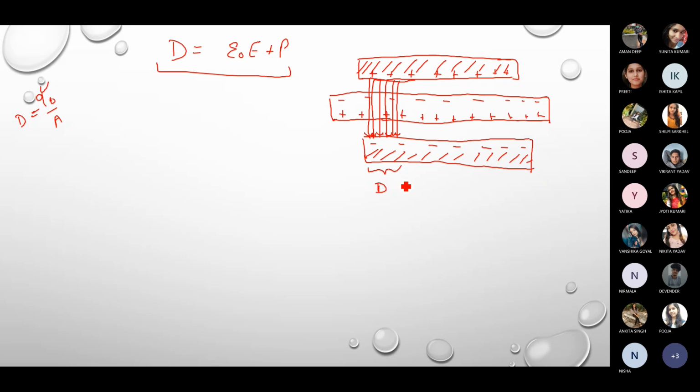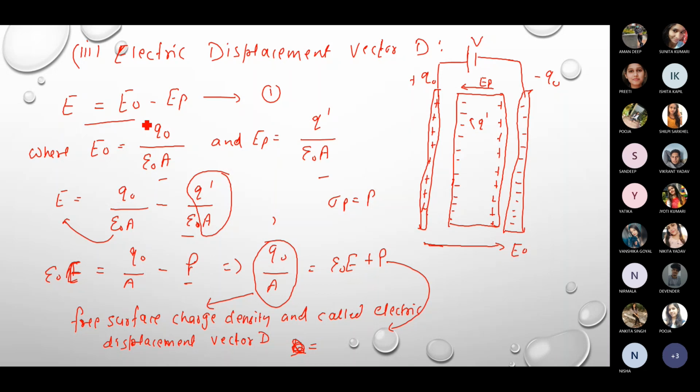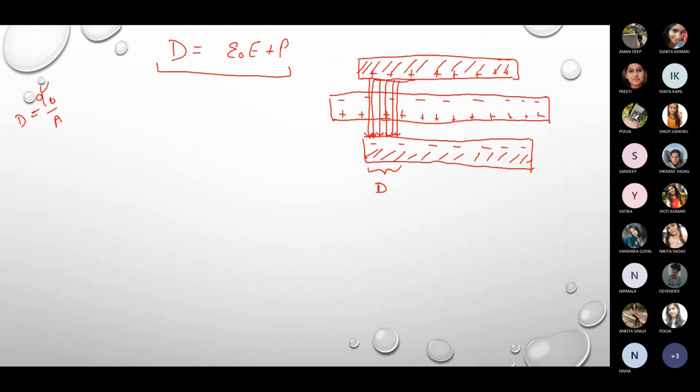Similarly, the electric field में क्या है? इलेक्ट्रिक फील्ड कंटेन्स बोथ. ठीक है, इलेक्ट्रिक फील्ड E की वैल्यू अगर आप यहाँ से देखोगे, सो E इज इक्वल टू E नॉट माइनस ई पी, राइट? तो E नॉट माइनस ई पी का मतलब है कि इसमें इलेक्ट्रिक लाइंस ऑफ फोर्स दोज हु आर कमिंग फ्रॉम प्लेट्स ऑफ द कैपेसिटर एज वेल एज द इलेक्ट्रिक लाइंस ऑफ फोर्स विच इज ड्यू टू द इंड्यूस्ड फील्ड, राइट? क्योंकि E इज इक्वल टू E नॉट माइनस ई पी था. ठीक है, तो इसमें दोनों तरह की लाइंस इन्वॉल्व हैं.